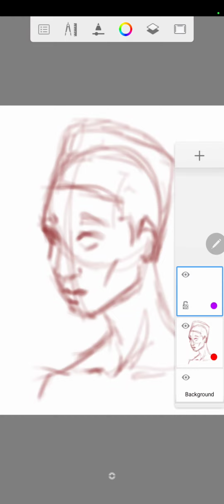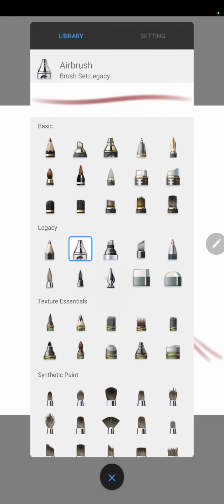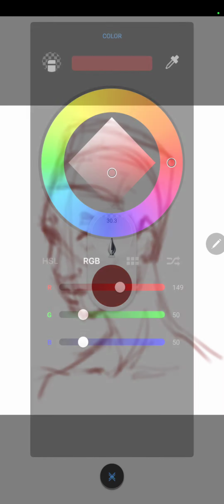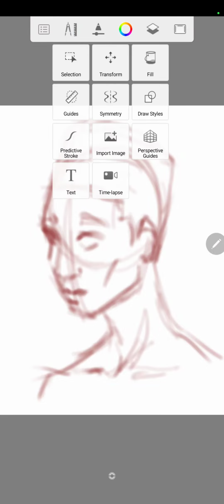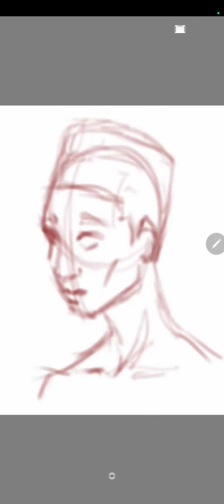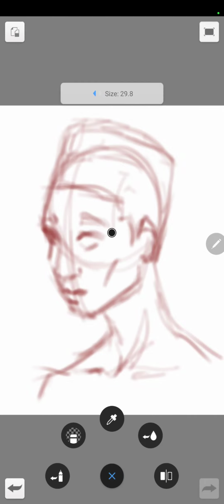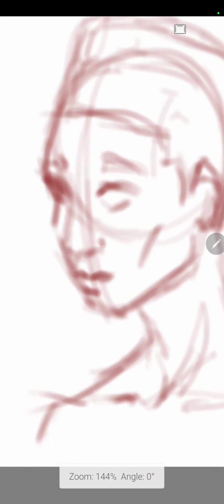What I do afterwards personally is go and use the pen tool, the inking pen. Make sure it's black. And then what I like to do afterwards is make sure that I have the predictive stroke thing. That way the lines can look a lot more sharp. So we can start with the nose. This might be a little bit rough, so